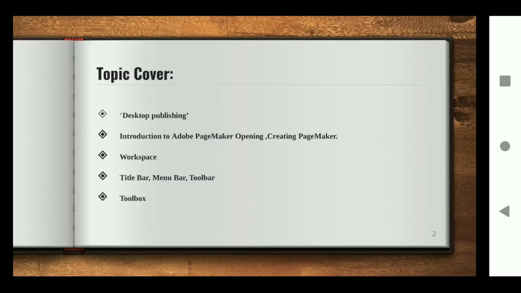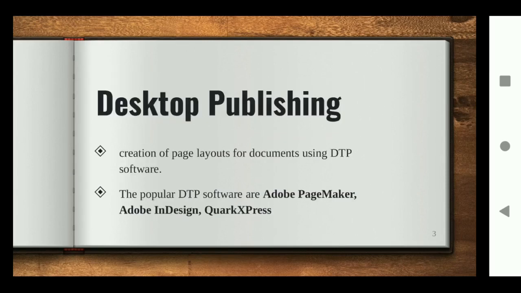Before going into the topic of this software named Adobe PageMaker, let me start with the introduction, which is desktop publishing. Desktop publishing means creating a page layout for a document using DTP software. What is meant by page layout here?